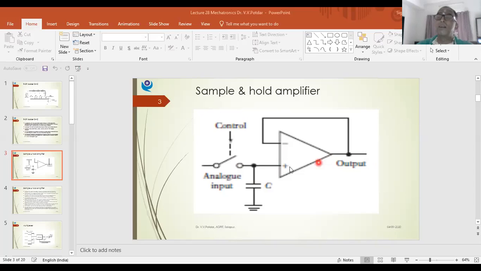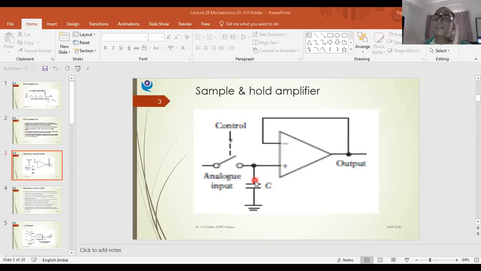So one lot I have completed. Once again, this will be put on. Once again, 3 volt or whatever is the next voltage, maybe 4 volt, is applied. That is a continuously varying voltage. 4 volt is applied, then that will be stored in my capacitor. Then it will be removed so that the signal will be held, so to say,